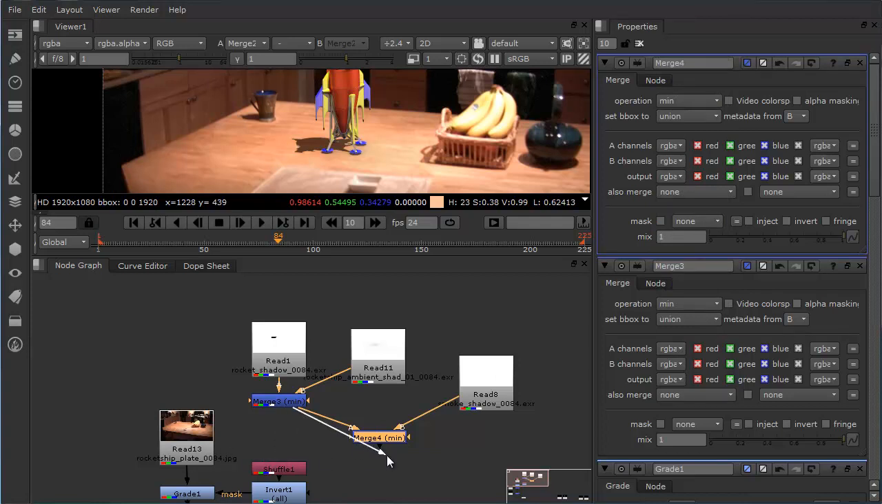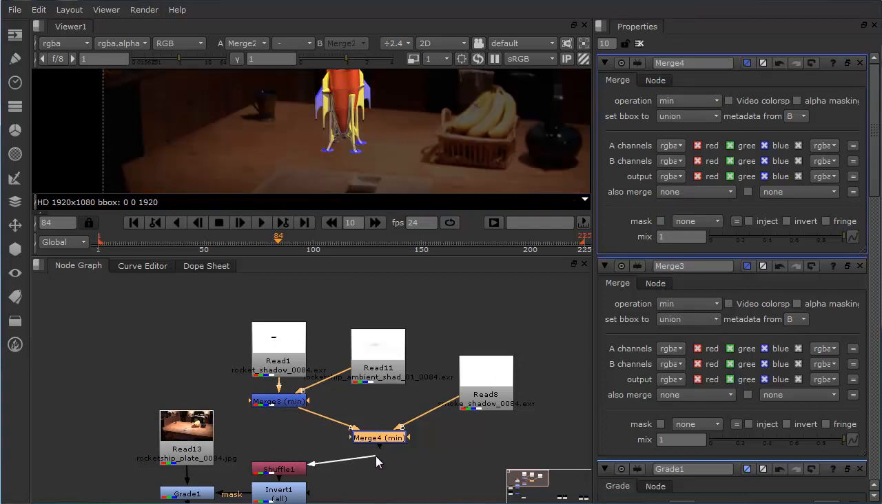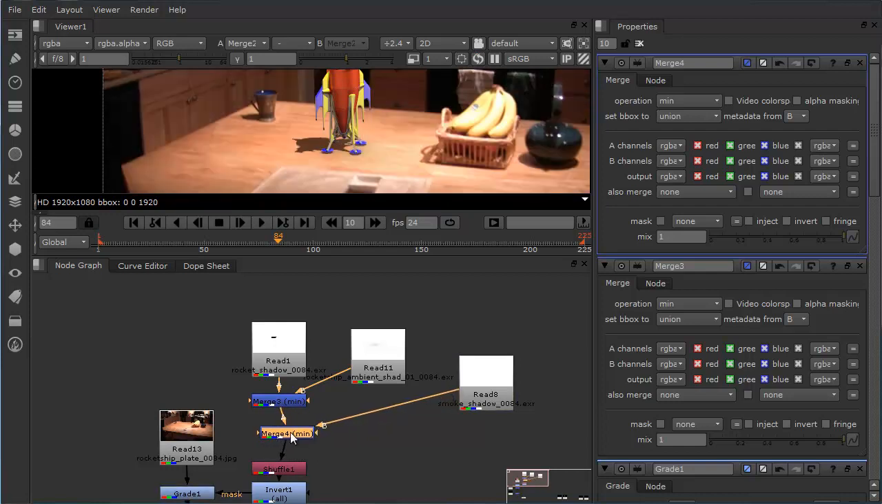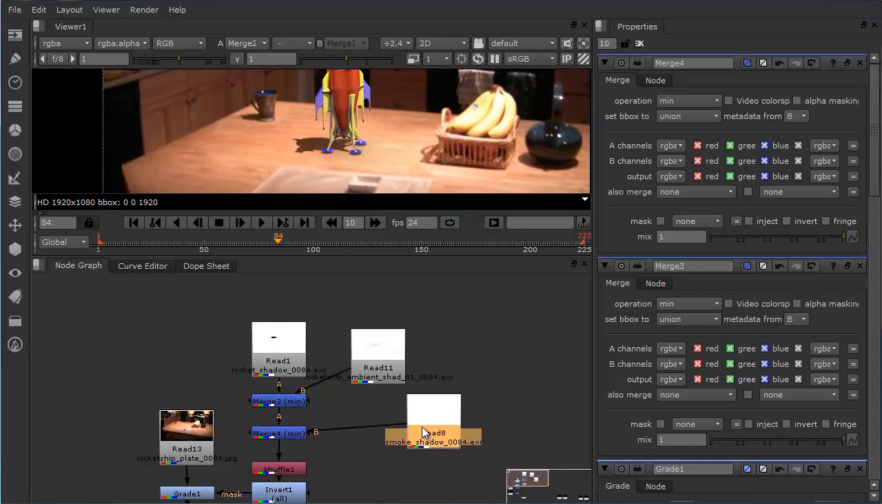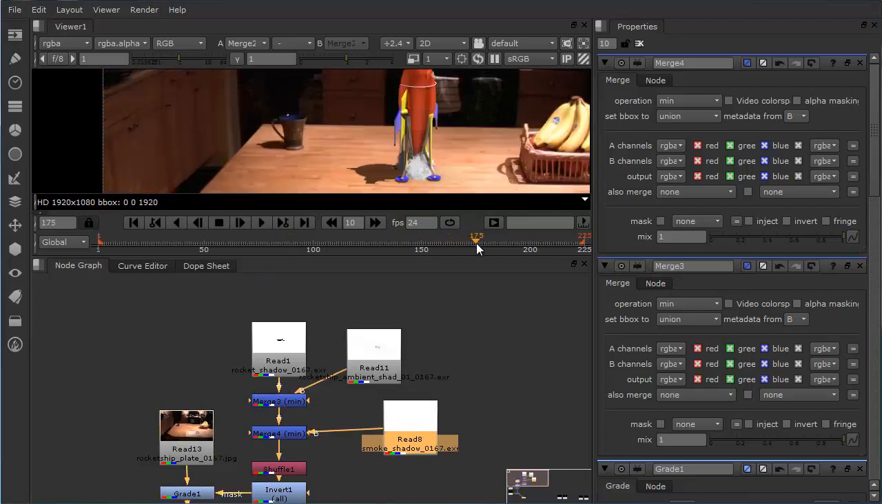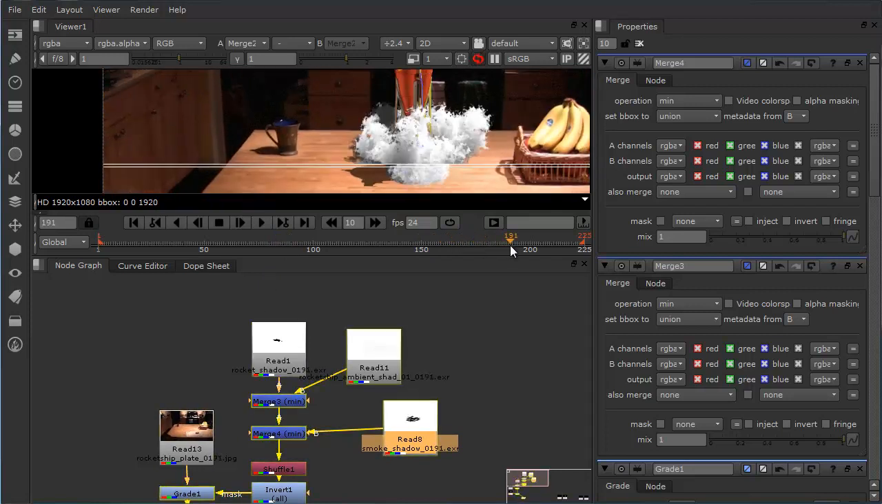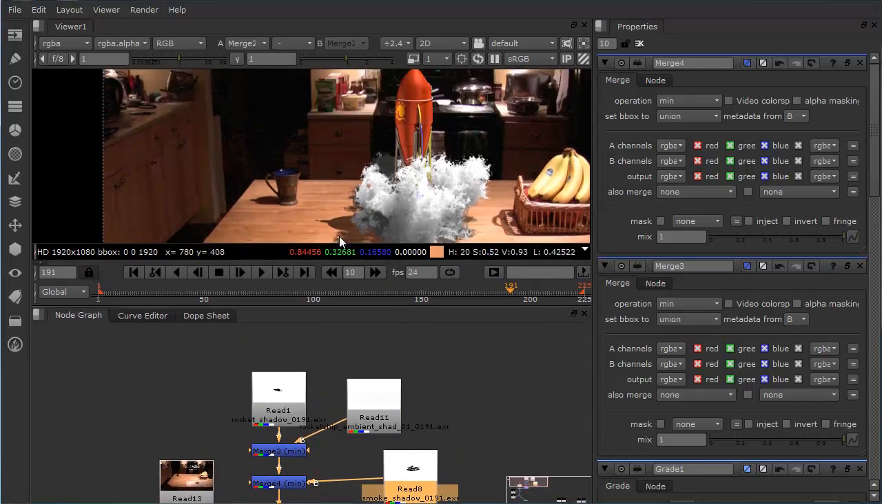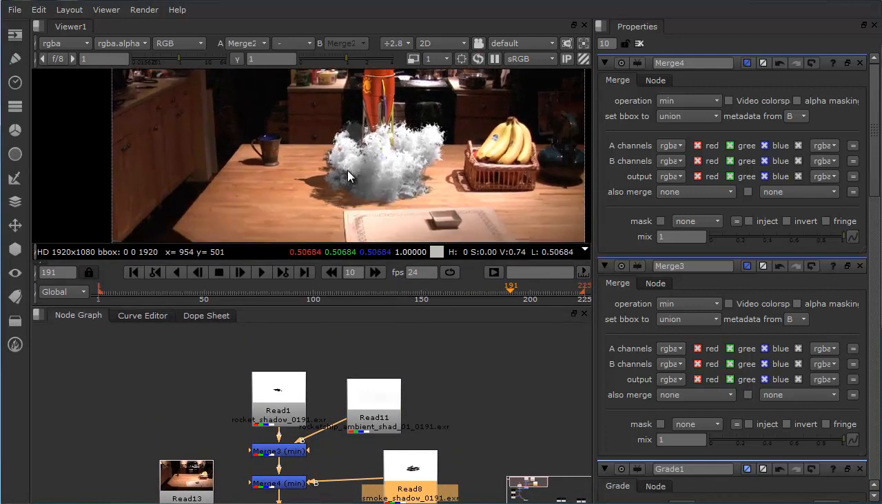This shuffle is going to go into this merge node. So you can see how we've added those 3 shadows together. We won't see the smoke shadow obviously until later on when there is some smoke. So let's find a spot here. Alright, and if we look at that, we can see that our smoke shadow is now properly integrating with the